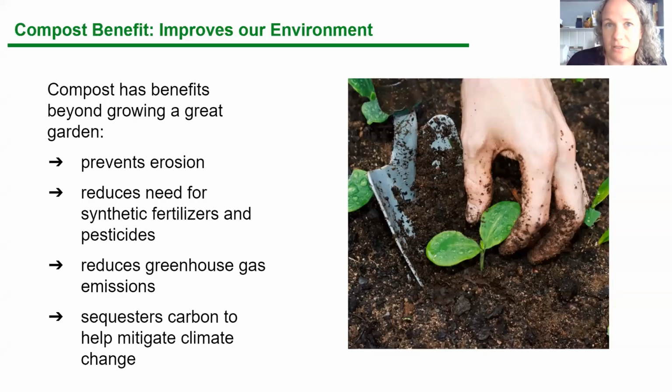Because compost makes the nutrients in soil more readily available to plants, it reduces the need for added fertilizers. Synthetic fertilizers can overload the soil with too many nutrients in a form that plants can't readily access. It could also harm the microorganisms living in the soil that create that healthy soil environment for plants to grow. And if you're creating a less healthy environment for plants to grow, they won't be as strong or as vigorous and maybe more susceptible to disease and create the need for more use of synthetic pesticides. So compost can break this cycle by feeding the soil rather than just trying to directly feed the plant as